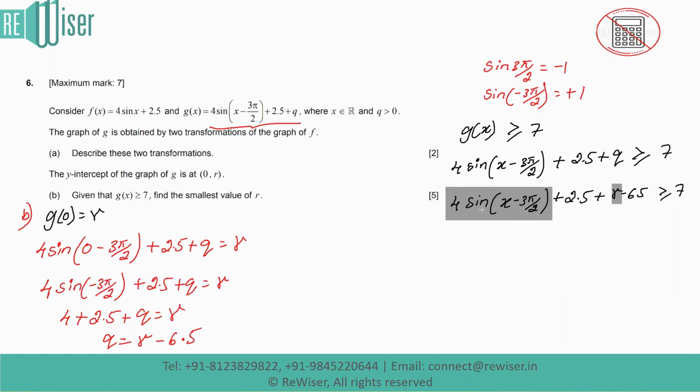Now, whenever we have a sine, the maximum value of this one has to be 4. So the maximum value of 4 sine x minus 3 pi by 2 would be just 4. So from here is what we need to solve for r. This is going to be 4 plus